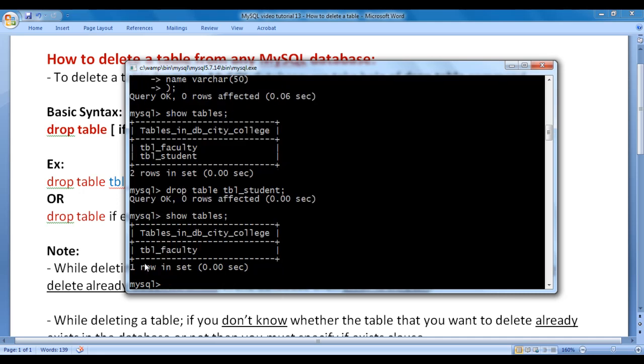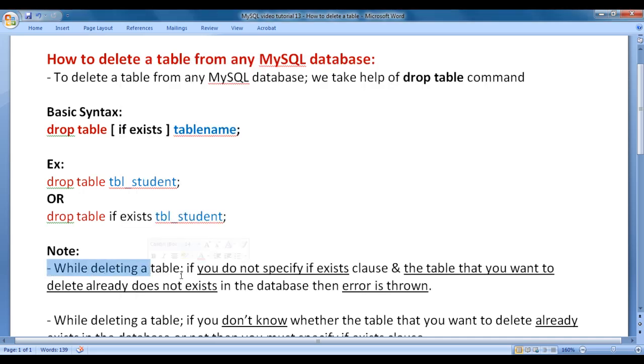You can see that only tbl_faculty table is available inside db_city_college. tbl_student is deleted, guys. That's how you delete a table from a database. Note, while deleting a table, if you do not specify the IF EXISTS clause and the table that you want to